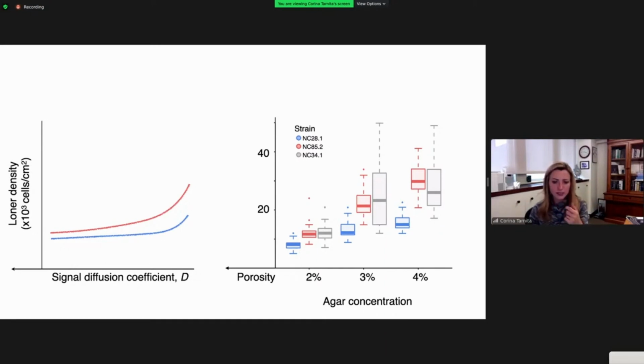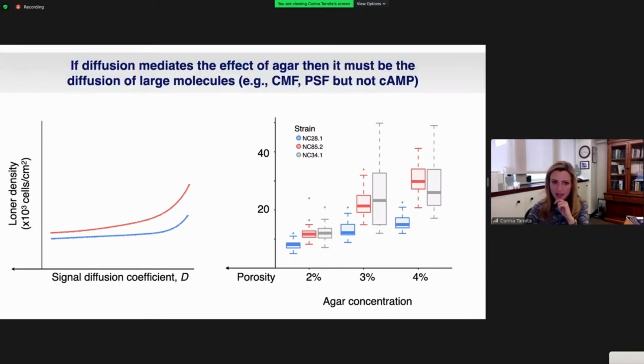So this suggested to us that maybe the diffusion of the signal might indeed be what is behind these loners, or might play a really important role. And in order to test that,